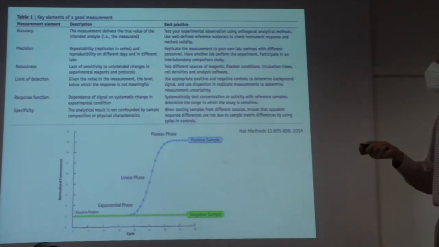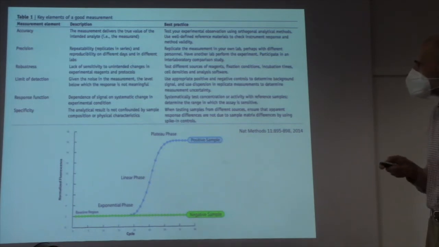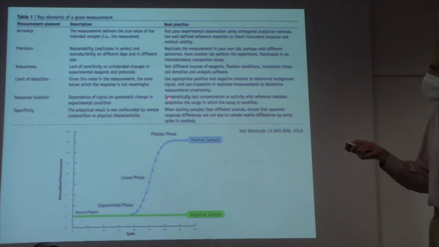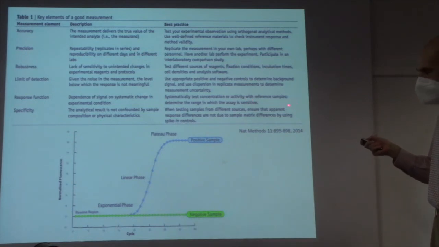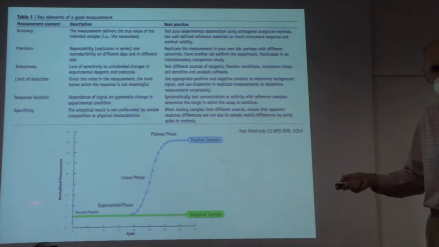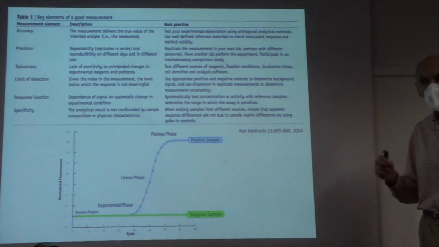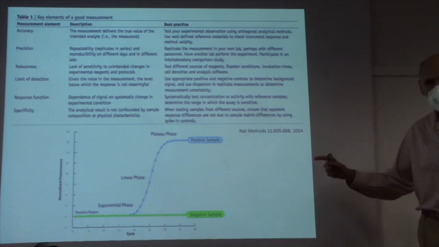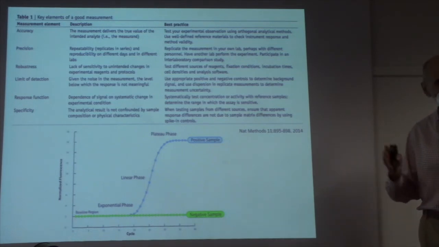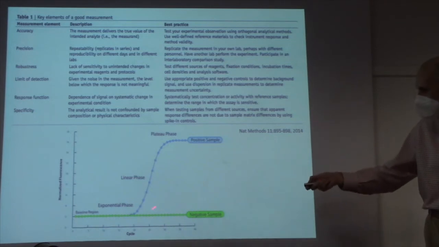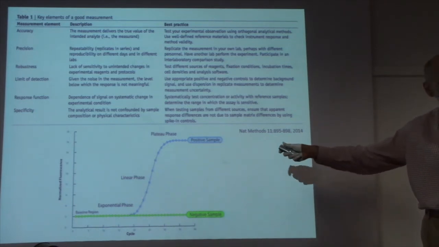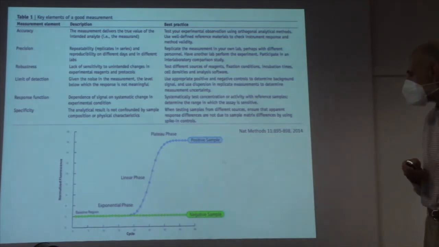specificity. What do you do to understand your response function? Well, clearly enough, systematically test concentration or activity with reference samples. So you have starting materials with known amounts of the sequence you want to amplify. You know how much you have in the beginning, and you record whatever readout you get from your PCR. If you have 1 nanogram of